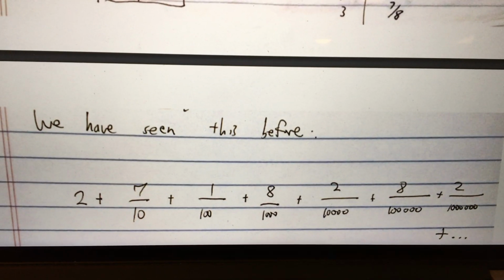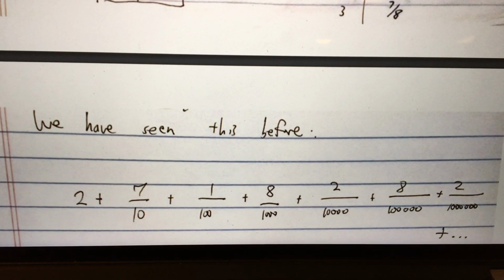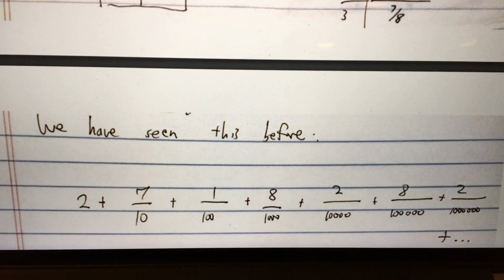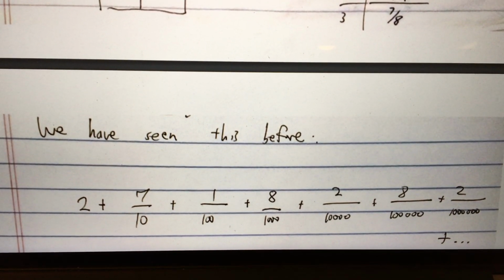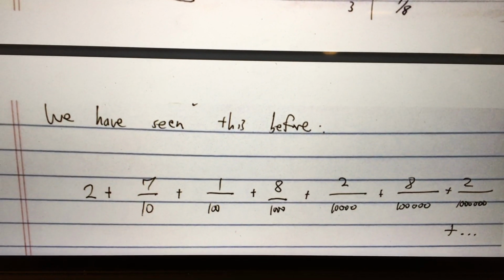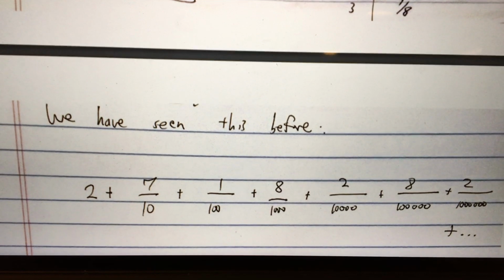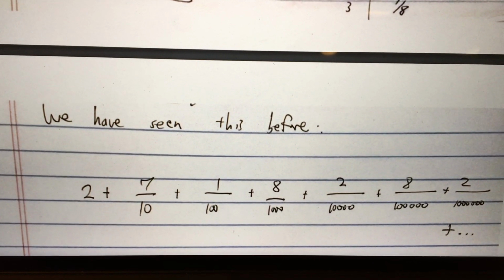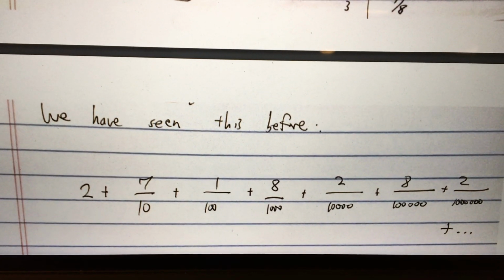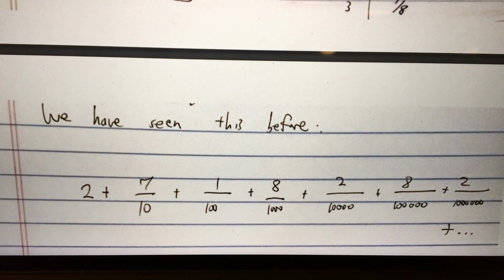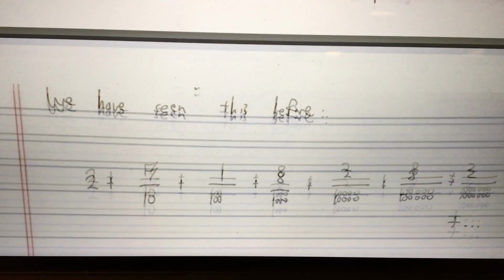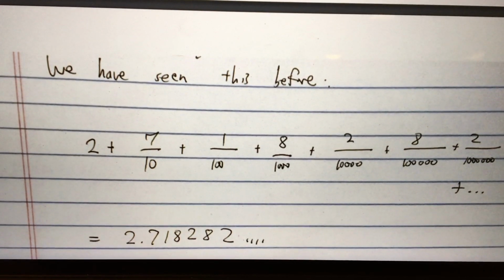We have seen the idea of an infinite series that goes to a constant real number before. Here's a quick example. If I take this series of fractions, I won't try to write it down as a formula, but just see the series of fractions. 2 plus 7 tenths plus 1 100th plus 8 1,000th plus 2 10,000ths plus 8 100,000ths plus 2 millionths. And the pattern for that is that this is just the decimal expansion of